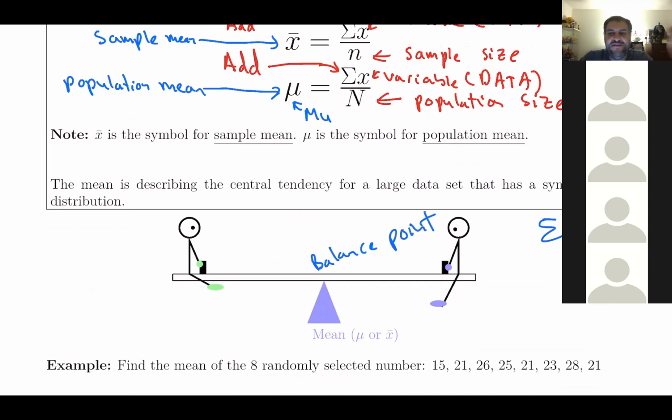Because essentially you're going to have numbers to the left of the mean and numbers to the right of the mean, but the whole goal is that the mean should be pretty close to all of the numbers because it should be the balancing point of all the numbers. If you've ever gone to the park and seen a seesaw, the mean is the balancing point of that seesaw, because the mean makes sure there's the same amount of numbers to the left of the mean and to the right of the mean. All right. So let's go ahead and do our very first problem for the mean.